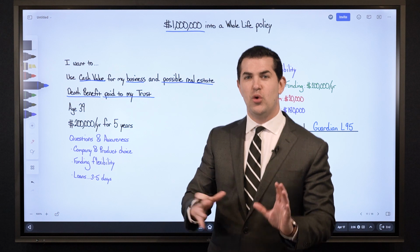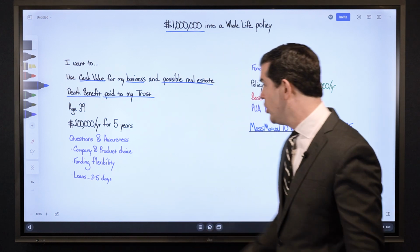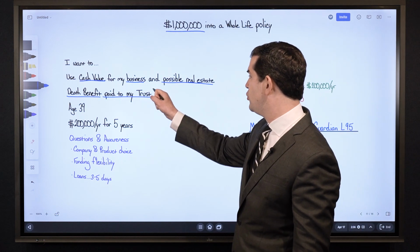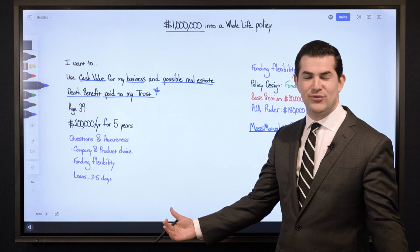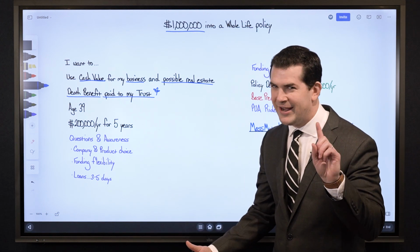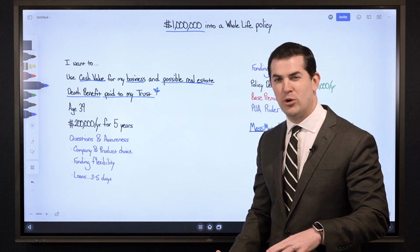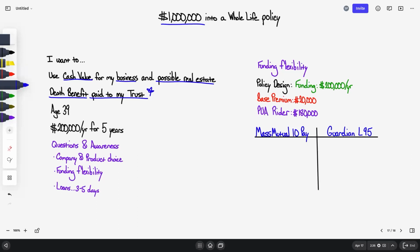So we can control exactly how those funds are paid out, which a lot of people like to do to really maintain generational wealth. It prevents a young child from receiving a large tax-free death benefit and then going and getting something really cool like a Ferrari, which I'd wait until you're older and more mature and then really think about doing that. But anyway, I'll talk about cars the whole video, so I'm going to continue on to the